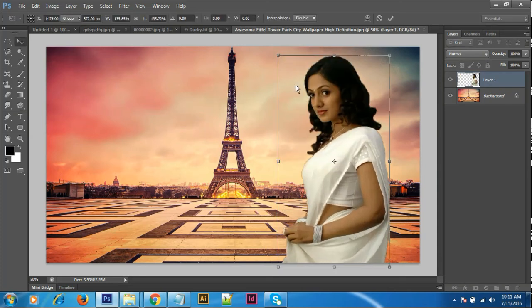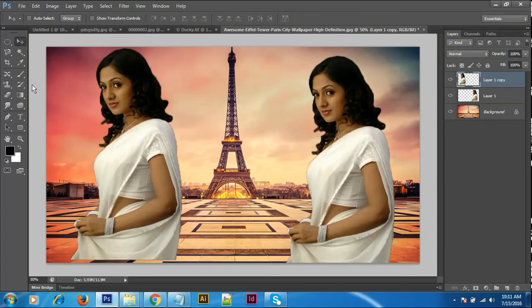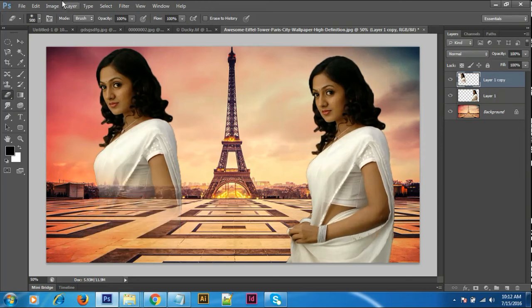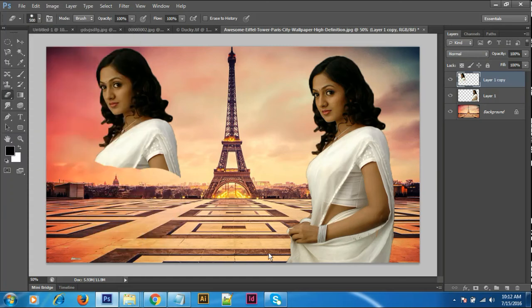Directly you can take an eraser tool. What will the eraser tool do? We can remove the unnecessary part. This is the unnecessary part. We have two types of eraser: one is hard brush and the second one is soft brush. If you take it like this, is it okay? No. You can take the soft brush and remove like this.